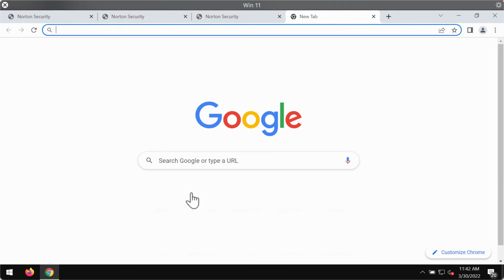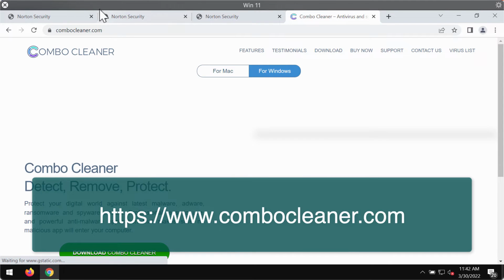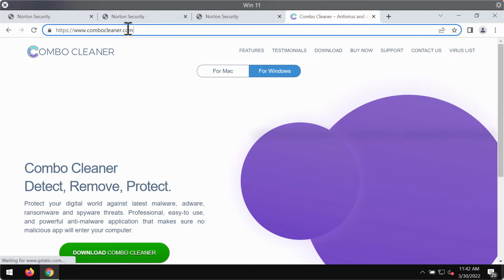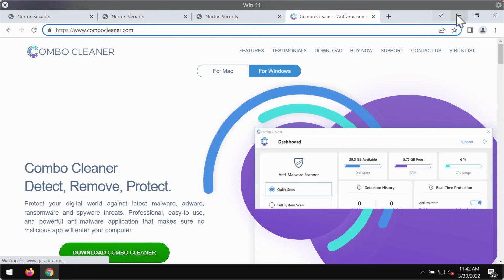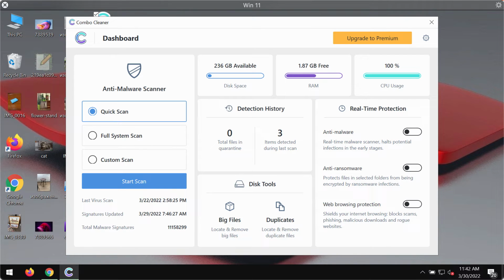I also recommend you to additionally investigate the system with Combo Cleaner antivirus. You may get it on this official page, combocleaner.com. Download the application's installer, install the software, and start researching your device in order to detect and delete other threats